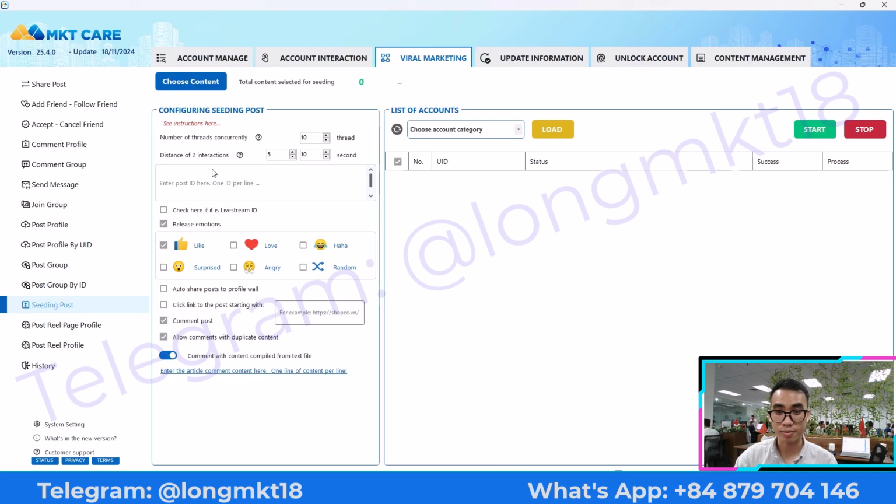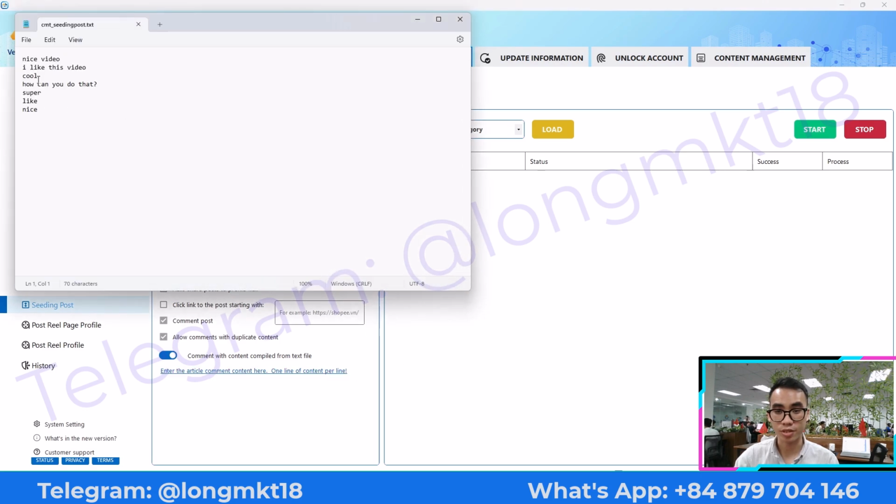Here you enter the UID here, and then you can select the emotion you want to release, like like, love. You can comment to post here. Each comment content is aligned. Let's save,